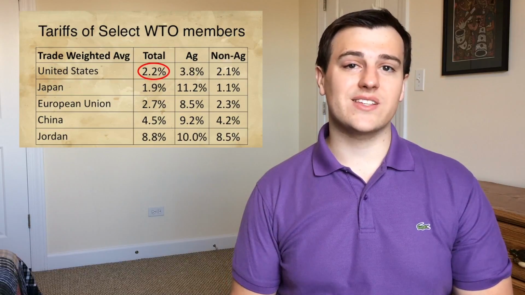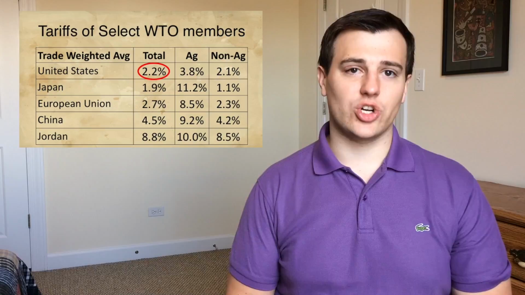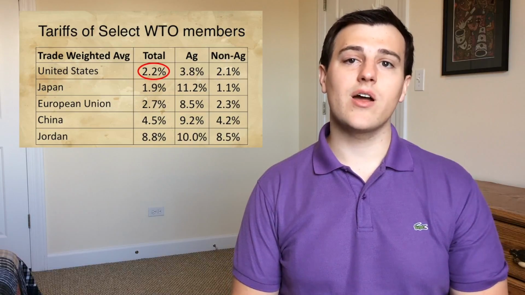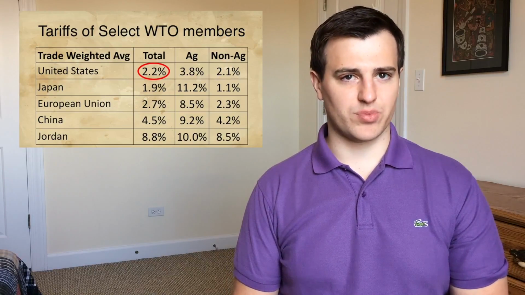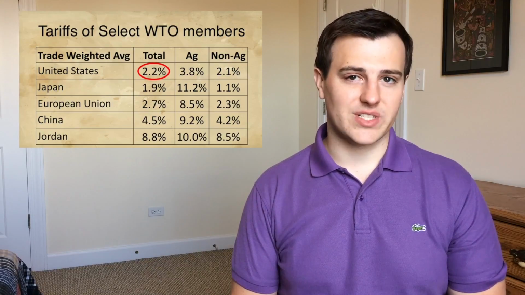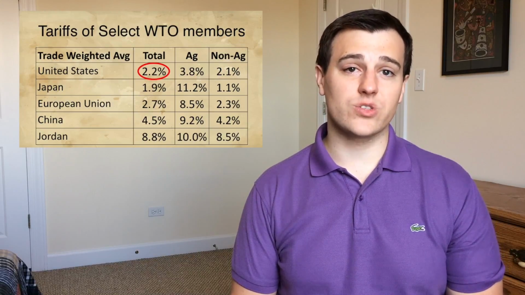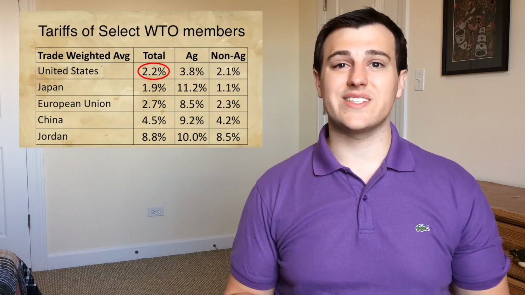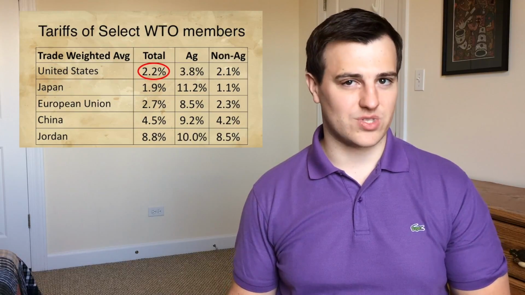Economies that are in the process of developing, but not quite mature, like China, are usually a bit higher, in the ballpark of 4% to 6%, and then the majority of countries have small, undeveloped economies, and the average weighted tariff in those countries tends to be between 7% and 15%.